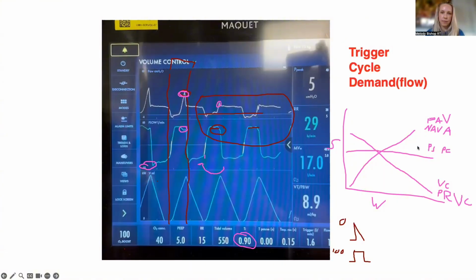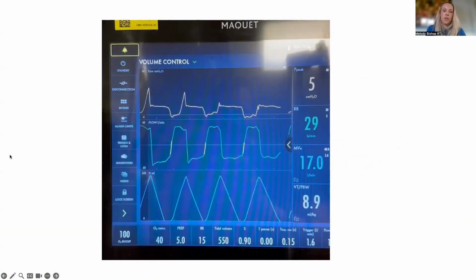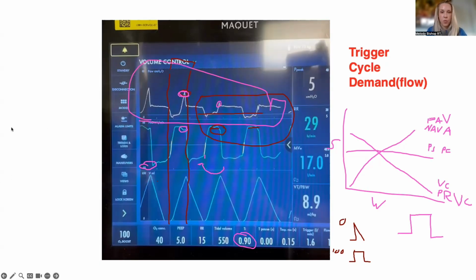If there's anybody that gives PRVC the hardest time, it's obviously me because it's the worst mode in the universe. But the problem is that it just looks like a regular pressure control, and most people who walk by think, oh, that looks normal, even though it could say 5 or something. But I think if most RTs walked by and saw just this part of it, they'd be like, wow, that looks horrible, what is happening there? Do you think that's fair, or am I off the rails here? I think all nurses would look at that and be like, let's page the RT stat, something's wrong.